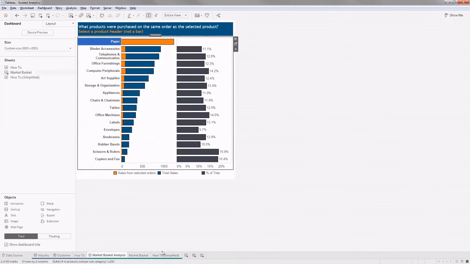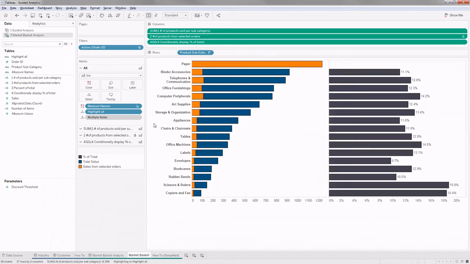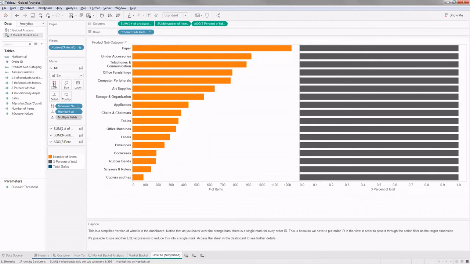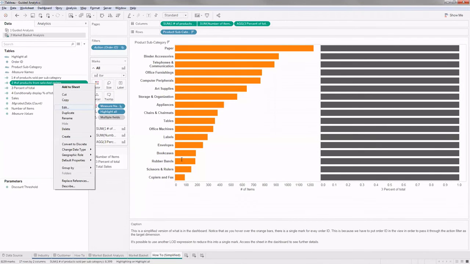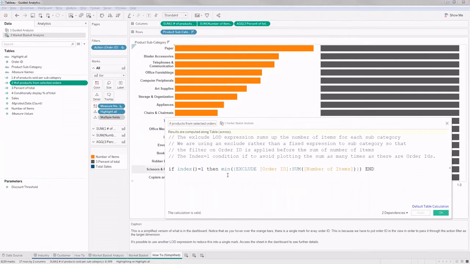So what I mean by that is, in this calculation, if you can see, I'm using an exclude LOD.